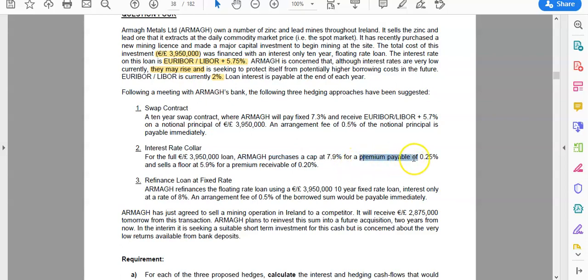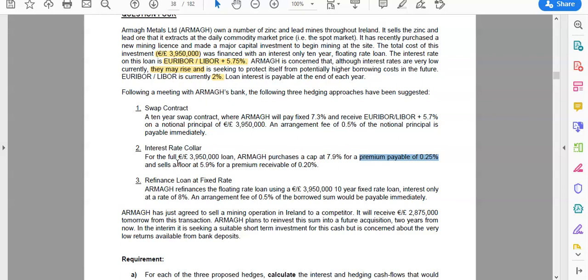So that means you pay to buy a cap. You'll pay a premium. Whereas a floor sets a minimum interest rate. That is costly to a borrower, because that means you can't benefit from lower interest rates. So you can sell a floor to a bank because it's valuable to a bank, and you'll get money in. Now just watch out, in more recent years in the syllabus for CAP2 SFMA, caps and floors together